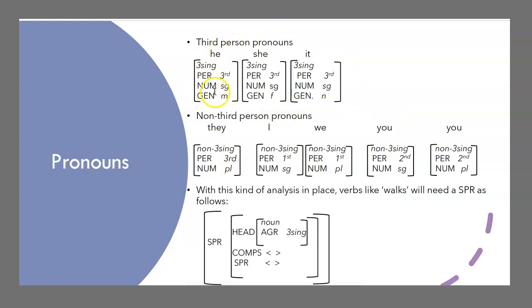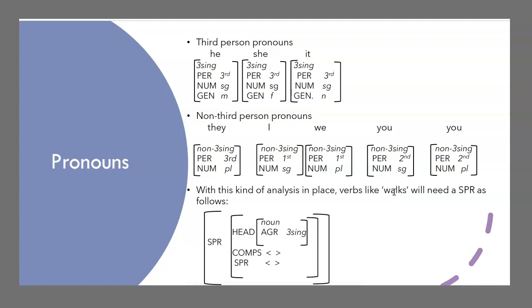What we are characterizing here is only for pronouns and noun phrases. So a word like John will appear like this. A word like Mary will have like this. A word like a cat or a phrase like a cat will have this, right? But with this kind of analysis, if you have a verb like walks, we've got here verb. What is that we need? If you remember, for walks we were specifying third singular earlier, but now for the verb, do we need to specify AGR value? We don't need to.